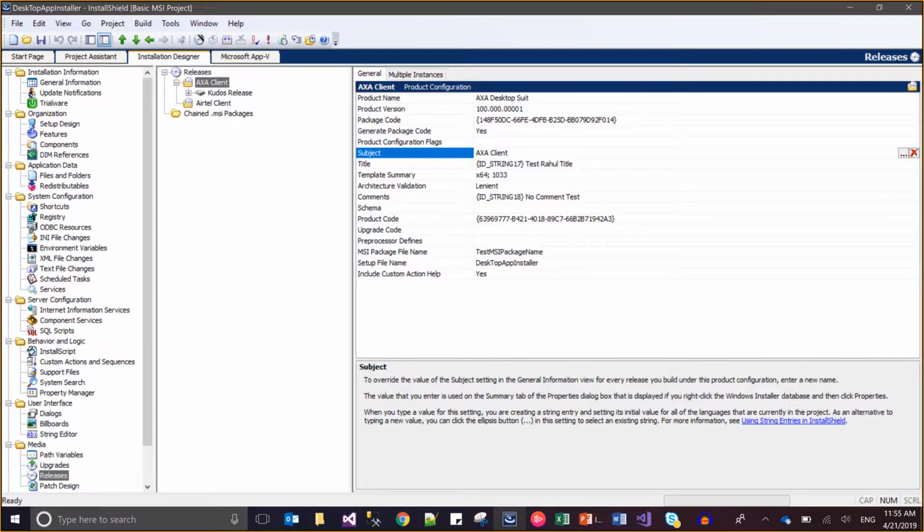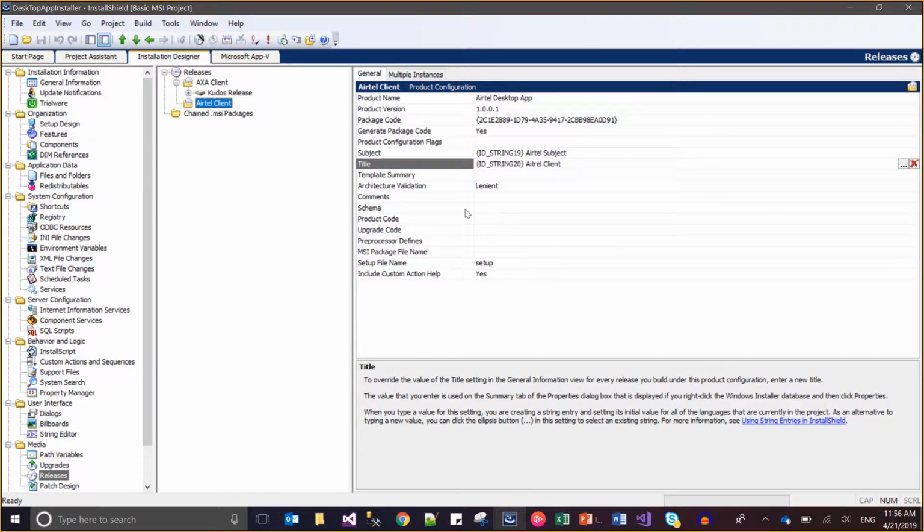Exa client, exa client, exa title, and let's say I just want to support 64-bit platform for the exa client, and for the Airtel client I would just like to support 32-bit. So I can manage it here,